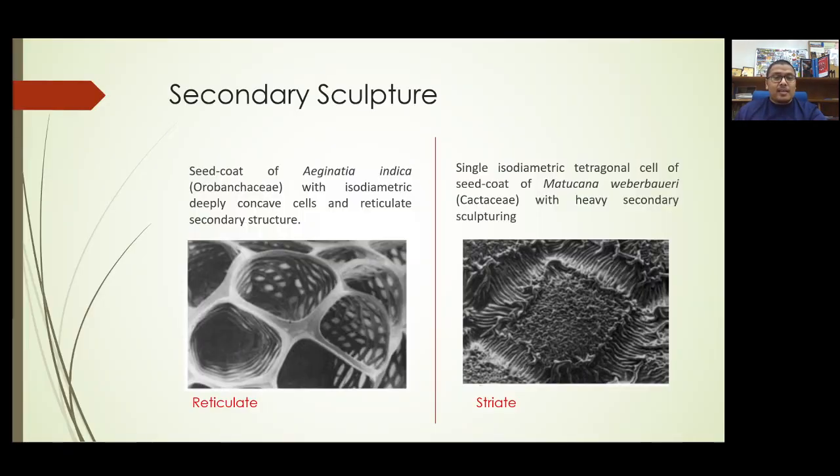When you talk about secondary sculpture, we also call it a micro relief. This is formed by the deposition of cuticle over the outer wall or due to secondary wall thickenings, or often by the shrinking and collapsing in desiccated cells. It may be smooth, striate, reticulate, or micropapillate, and